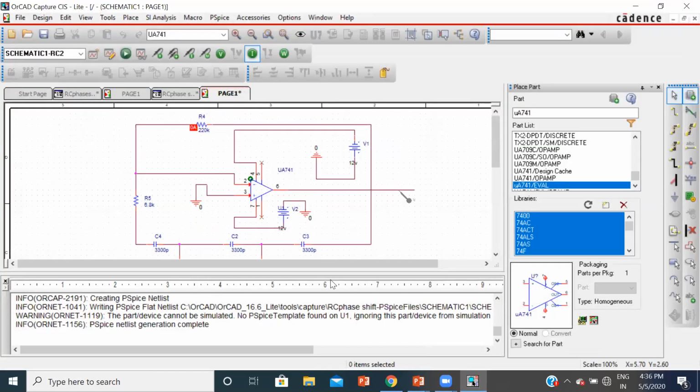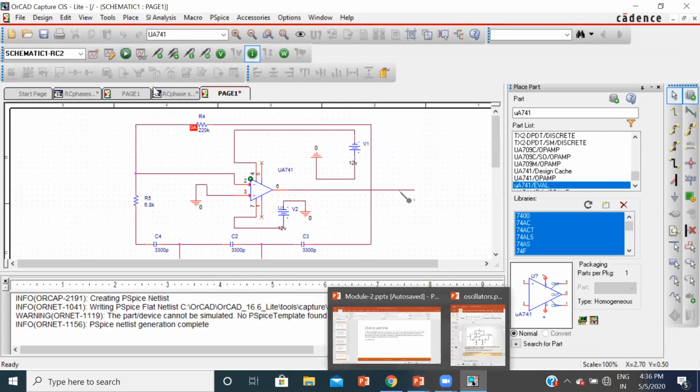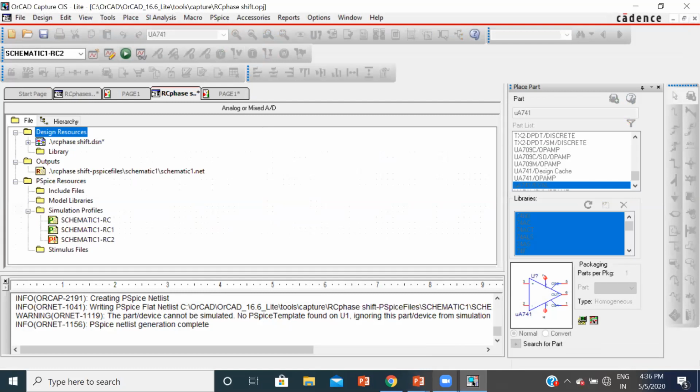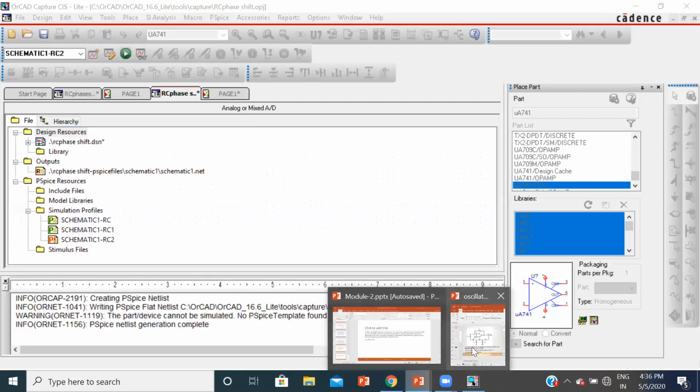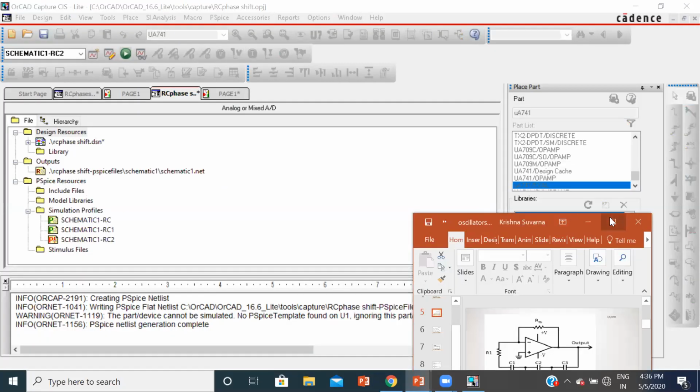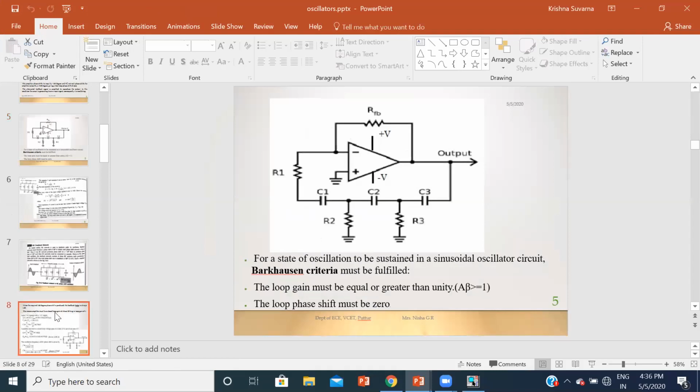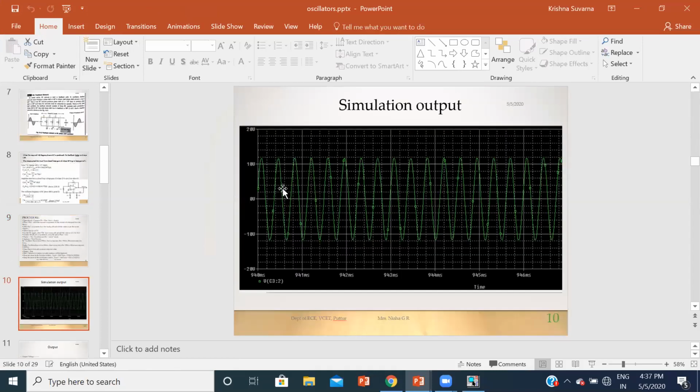So when you simulate this, you'll be getting the waveform like this.